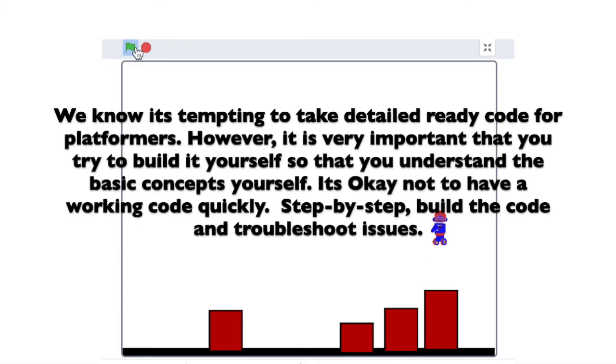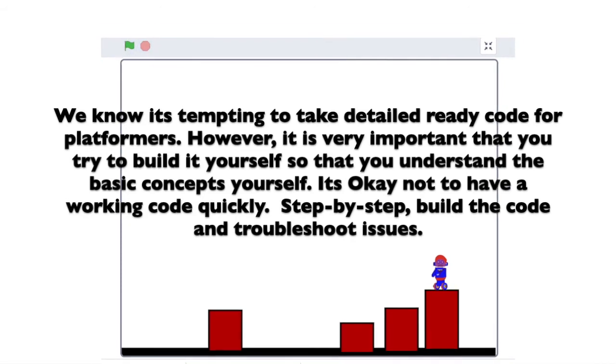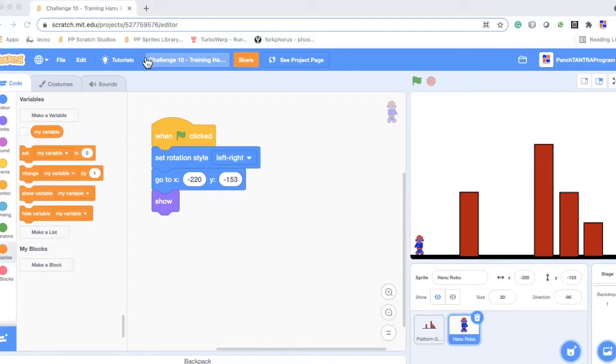Now, for a platformer, one important motion is that it should be able to move forward and backward. So these are the basic motions which we are going to be working with. See, when we are taking it high up, it needs to come down, and it's because of what? The same reason why we are on Earth and not flying around. Yes, gravity. So we have to make sure that whenever it flies up, it does come down till it lands on the ground, which is called the platform. We are going to look into the basics of any platformer.